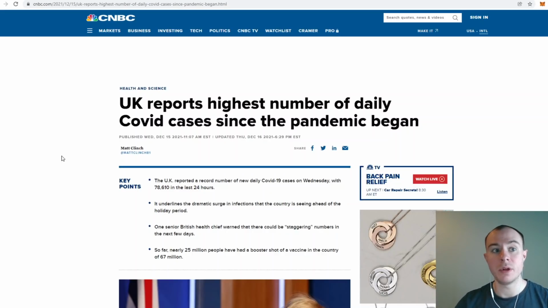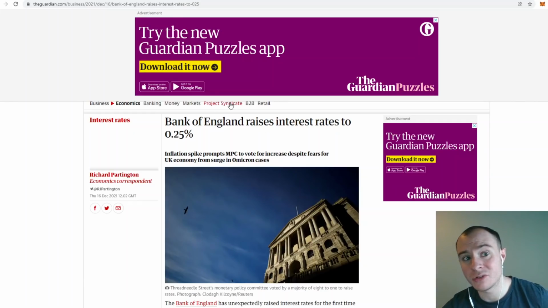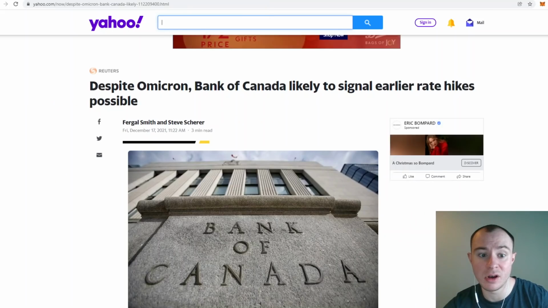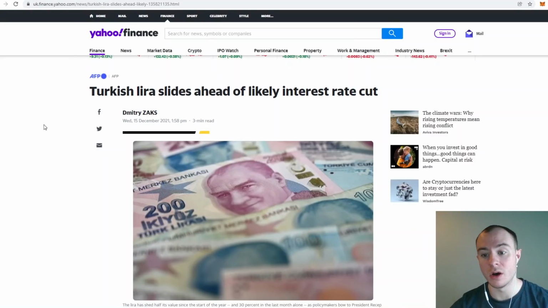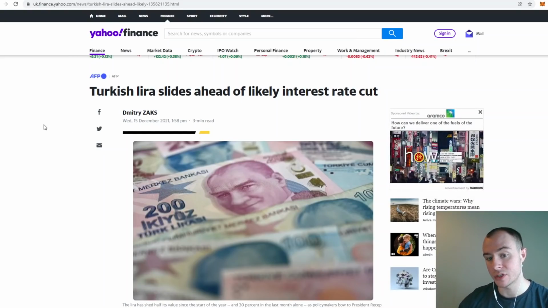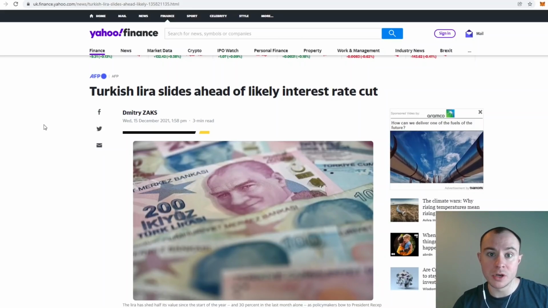So this is one. We're going to go over a number. The Bank of England upped their interest rates. Now, this, of course, is ahead of the United States, who are going to do it next year once they've stopped bond purchasing and adding to the Fed balance sheet. So they've kind of jumped the gun here.